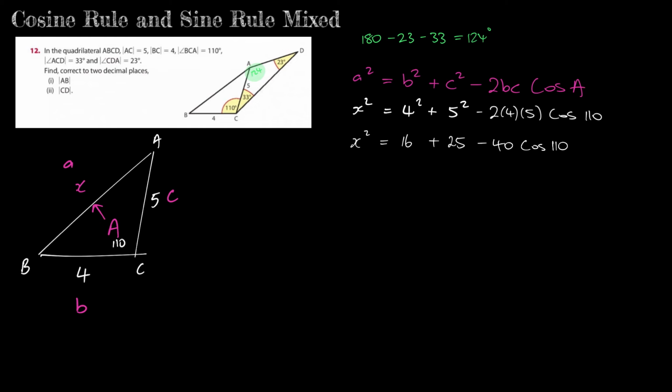Okay, so that brings us on to the next part, which says that x squared will be equal to 16 plus 25 minus 40 cos 110. 25 plus 10 is 35, 35 plus 6 is 41. So 16 plus 25, just make sure we're getting these right, minus 40 cos of 110. At this stage, this represents a number, this represents a number, and I can type that into the calculator and I'll find out what x squared is equal to. So x squared will be equal to 41 minus 40 cos 110, close your brackets, and that gives you